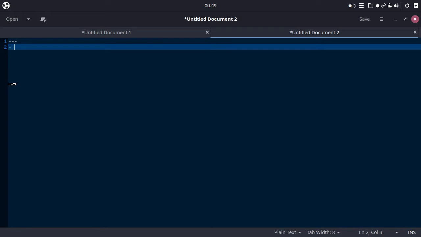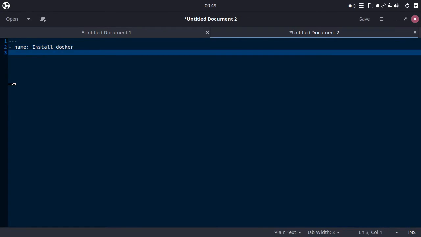The play is in a list. So the first column with a dash is a play. Okay, let's say this is Install Docker host.